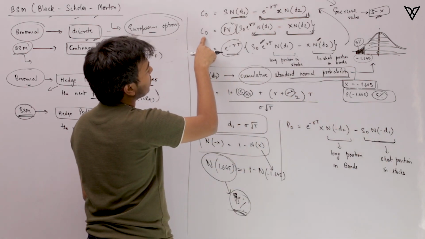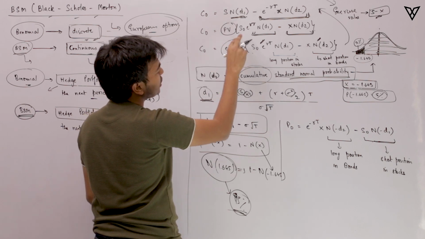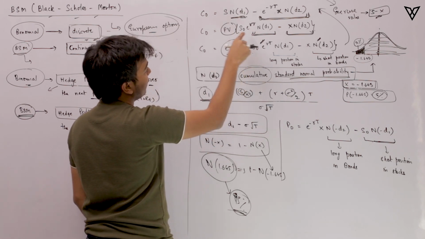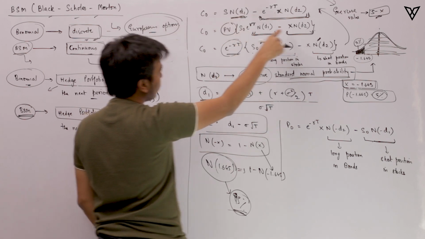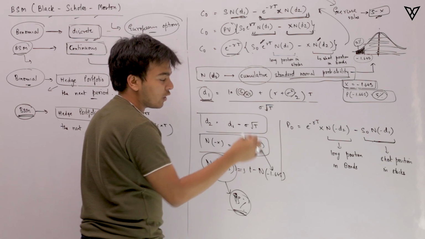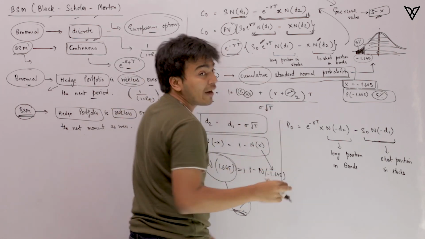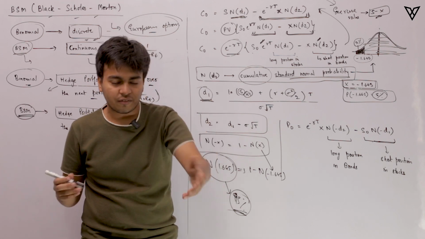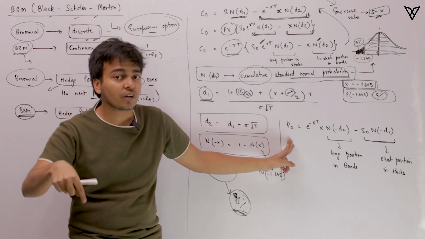How do you make money in call options? You make money when the stock prices go up. So you need to have that long position in those stocks. And where do you get the money to go long in stocks? You borrow it. In a put option, how do you make money? When things go down, when stocks go down. So you need to have that short position to have that option open for yourself.